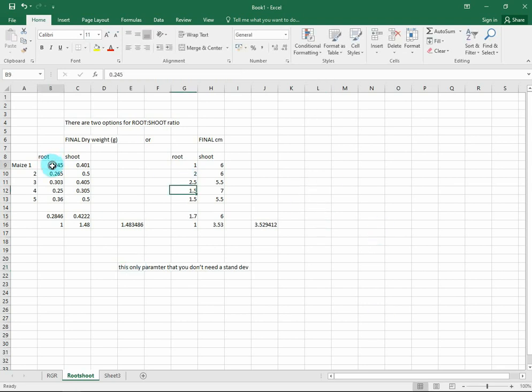So what you've got now is your final dry weights of roots and shoots for your maize 1, 2, 3, 4, 5. You get the average of the roots. You get the average of the shoots. You obviously take